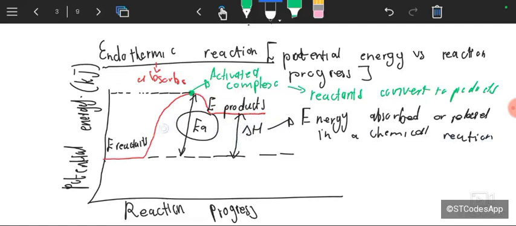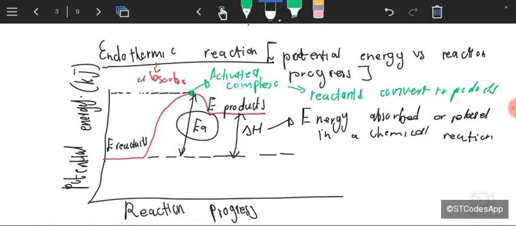Let's just do this. You are starting here with reactants. You're putting your reactant in a container, trying to react something. Now you know one thing. You can't just say, I'll just pour in some things, and a reaction will take place. It doesn't work that way. You must meet the minimum energy required for that reaction to take place. What is that energy? It is the activation energy. It's the energy from where you start to the activated complex. So from where you start to the activated complex, that is the energy that you needed for you to then